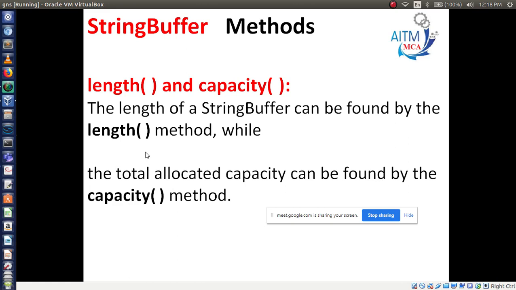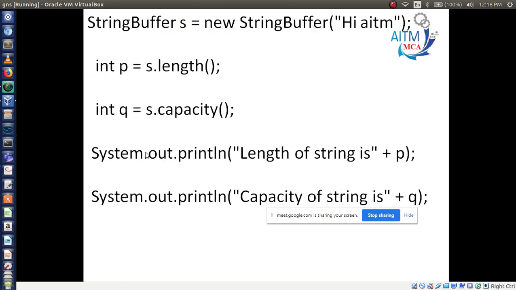Let's see these examples, how these methods will work. Here I have taken this example, that is StringBuffer. Reference variable name is s, then new StringBuffer. In previous examples you were using String only, but here you have to use StringBuffer, with capital S and capital B. StringBuffer, reference variable s, then new StringBuffer. Here you are passing the value, that is "Hi AITM".